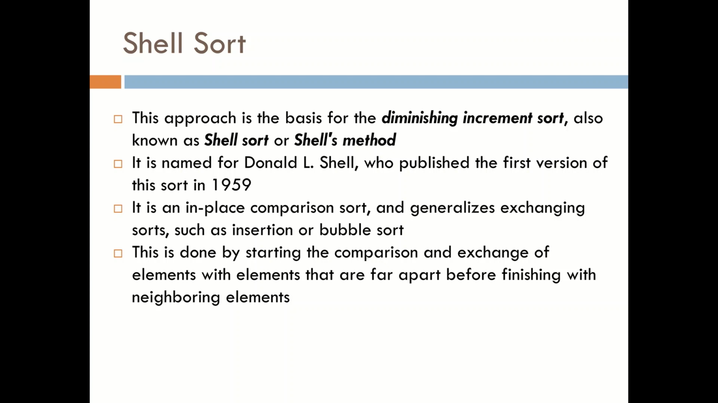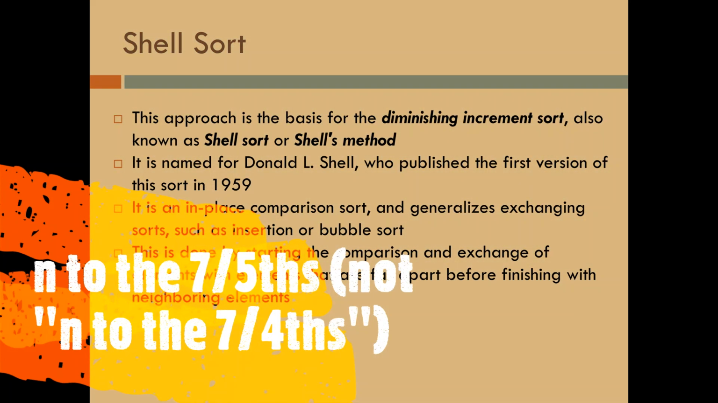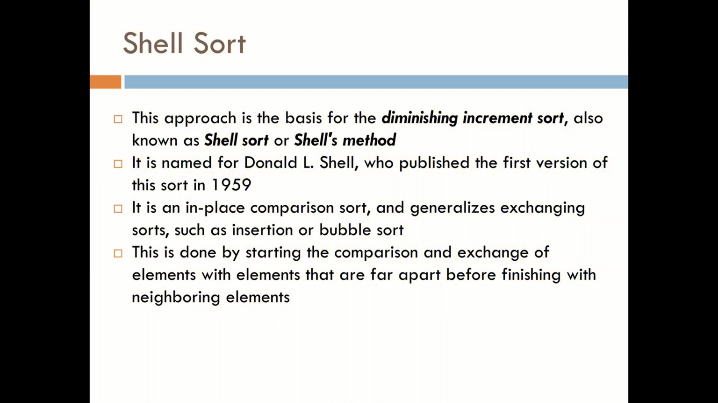N to the 7/4 is a common number that is often put forth. That's approximately n to the 1.4 or so. This approach is also called the diminishing increment sort, and it was invented by Donald Shell back in 1959. This is an in-place sorting algorithm, so it sorts the data in place, and